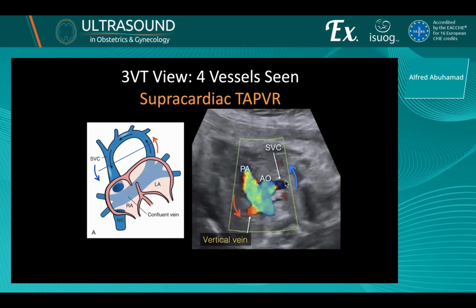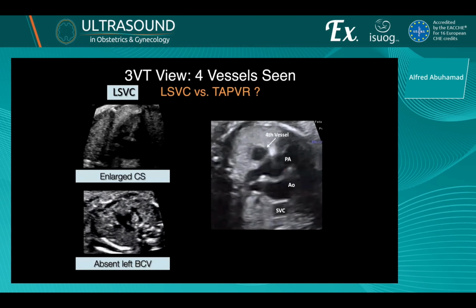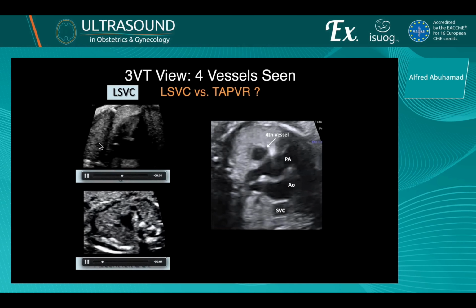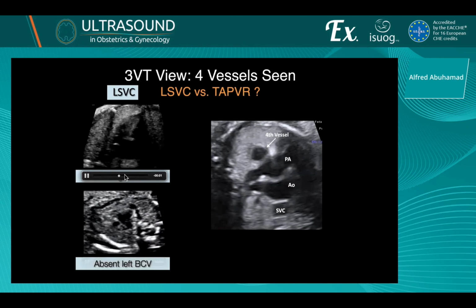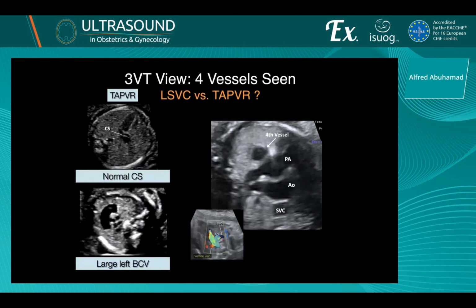And what you see on color Doppler, you see a fourth vessel at the three-vessel trachea view, but the direction of blood flow is in opposite direction to the supravenous cava, and that's an important anatomic feature to help you differentiate that. So going back to a persistent left supravenous cava, it typically drains into the coronary sinus, so you will have an enlarged coronary sinus, and you have an absent brachiocephalic vein, as we've discussed before. Whereas in total anomalous pulmonary venous return, the coronary sinus will be normal, but the brachiocephalic vein will be dilated